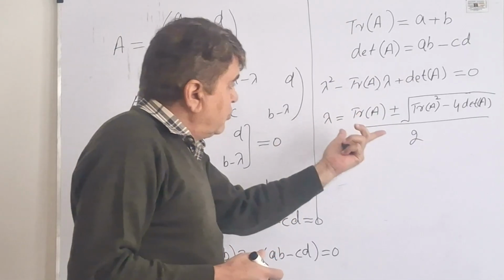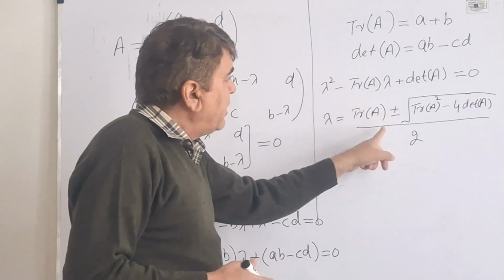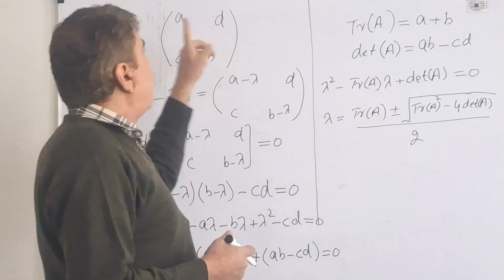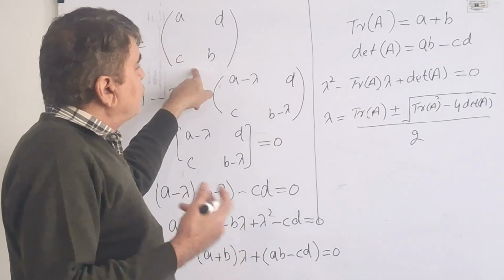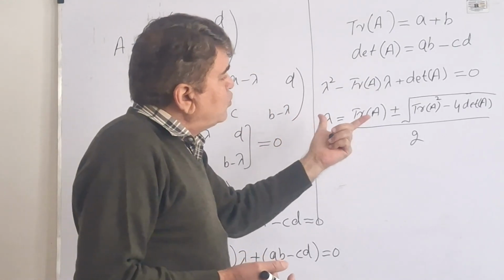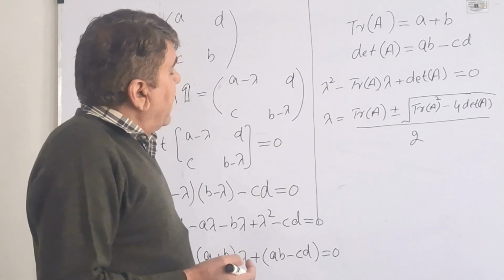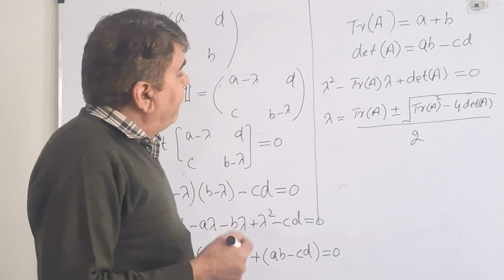That is, if you know about this formula, if you could memorize this formula, you can find the two eigenvalues of any 2 cross 2 square matrix. Now I want to find two other very important properties of the eigenvalues of the square matrix,